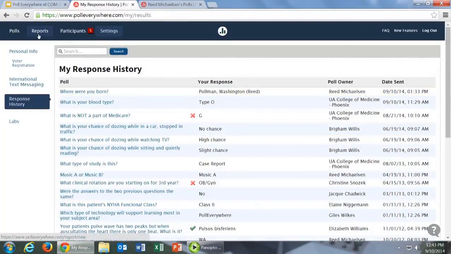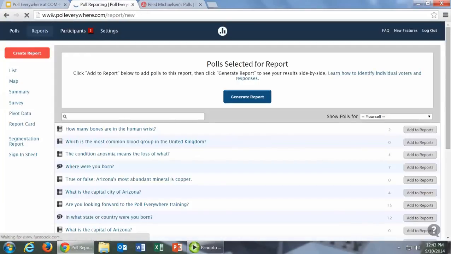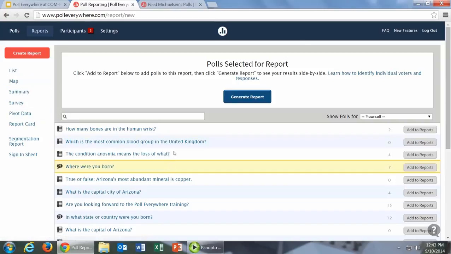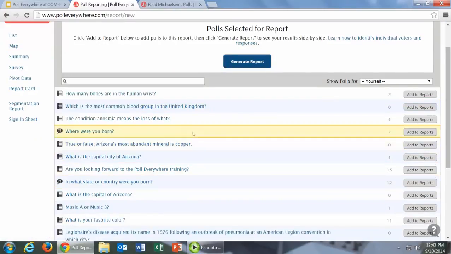Reporting is where I can go to download all these responses afterwards if I'm interested in seeing which questions were answered. So if I go to the report section, the workflow here is that I choose questions first, and then I generate the report, then I choose what format I want the data to be downloaded in. So we had a couple responses for how many bones are in the human wrist,